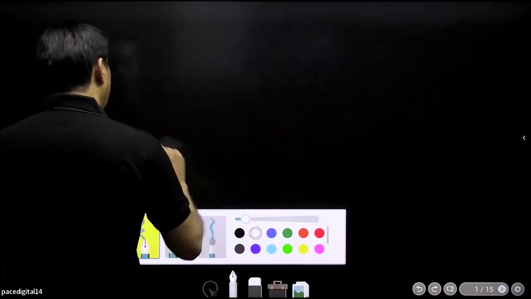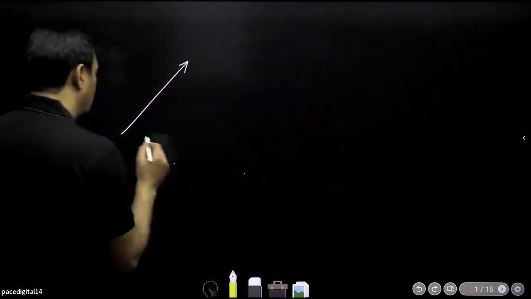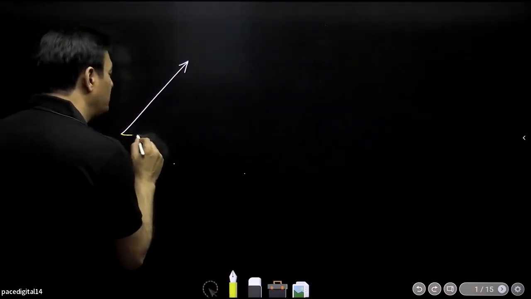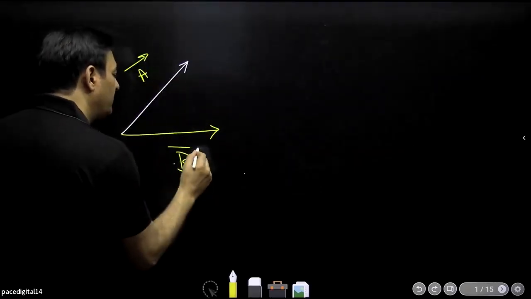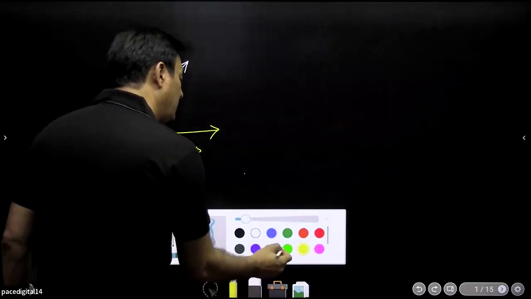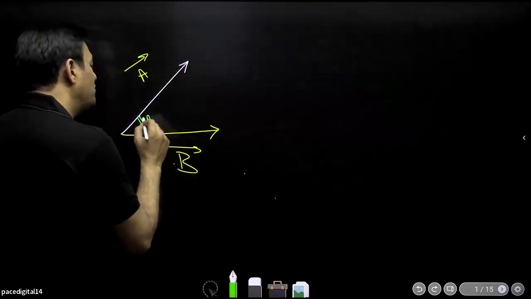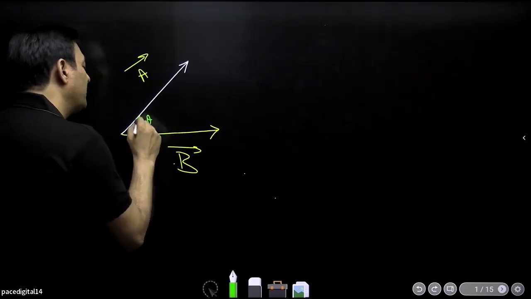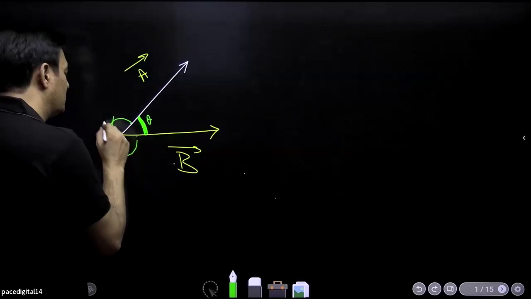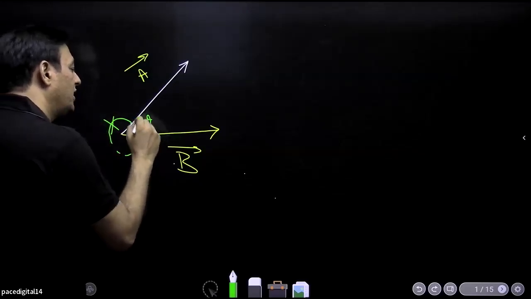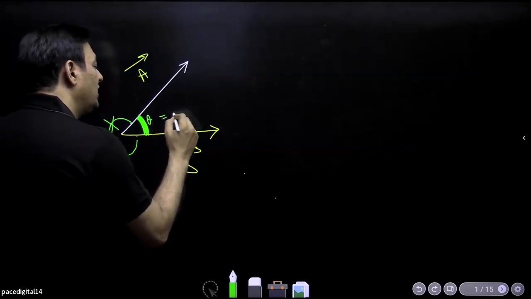If I have a vector A, using the right hand thumb rule, and I have another vector B, to use that rule you have to first place their tails together. I told you that. What is the meaning of angle between the two vectors? When will you define the angle between the two vectors? When their tails are placed together, then the smaller angle which the vectors make with each other, not this angle, not this angle, is called the angle